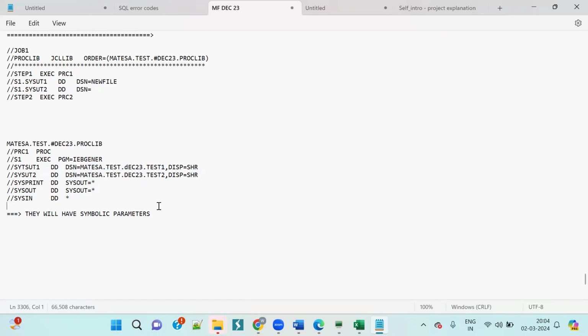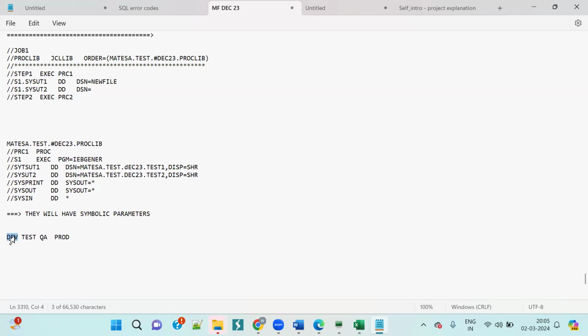But here the case is, in real time, you will have a dev region, test region, and prod region, as we discussed. You may have QA in between, so testing regions can be three or four. What is the development region, what is the test region, what is the production region? First, the development region is ours. We will make the changes, we will prepare new JCLs, or we will make changes to the existing JCLs,